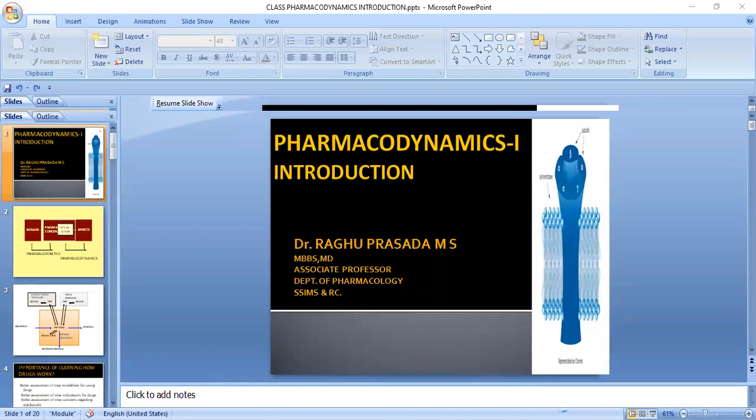So here is the comparative chart for the non-competitive antagonist. So in case of this non-competitive antagonist,